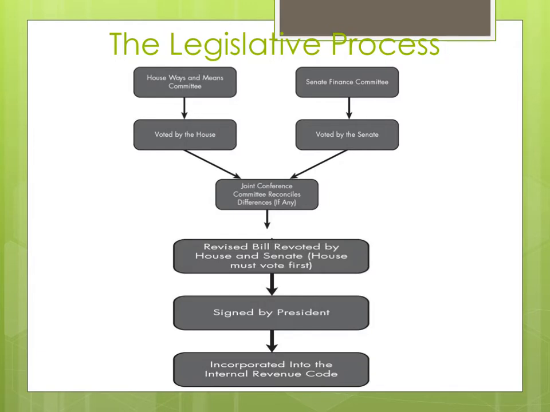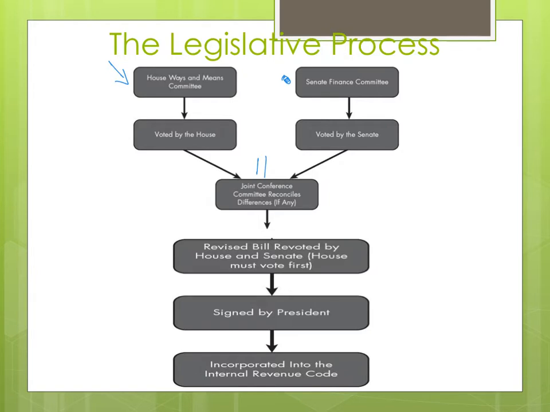All tax laws start with the House Ways and Means Committee, and then they have to go through the process in the House, and then a kind of a parallel bill will then be put through the Senate, and then those two bills meet here at the joint conference, and they try to iron out the differences between those two before it gets voted on by the House and the Senate. All right, so it's a lengthy process, which can be very